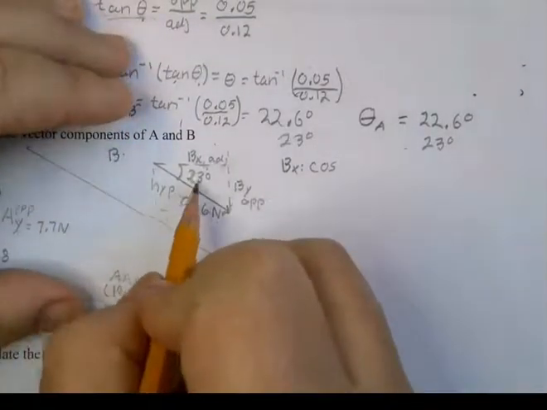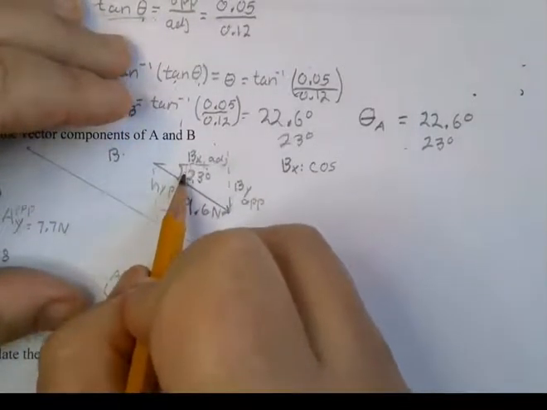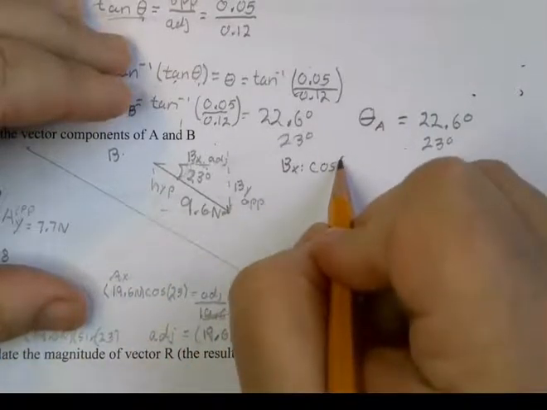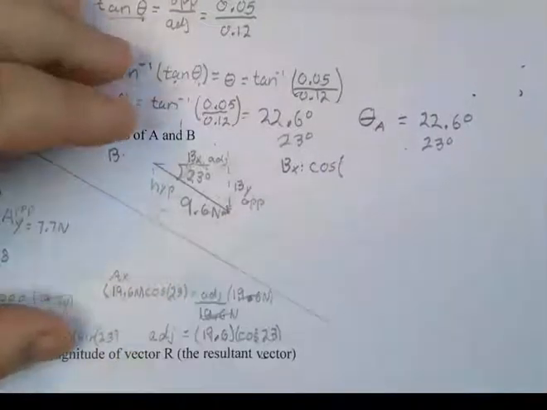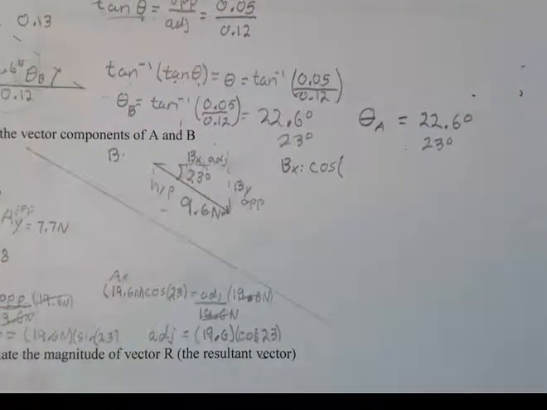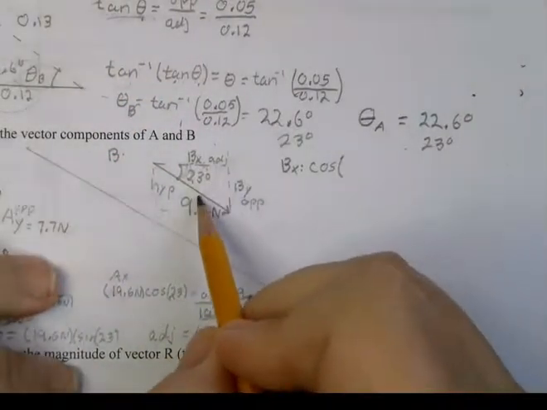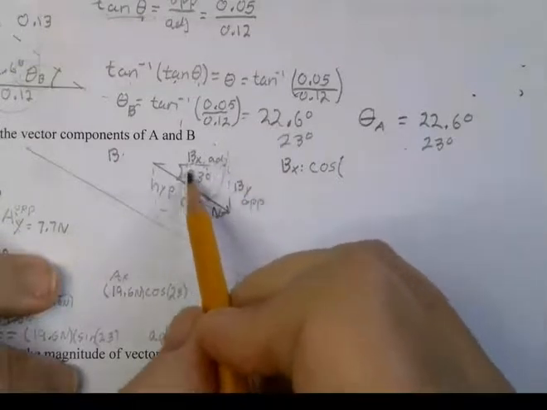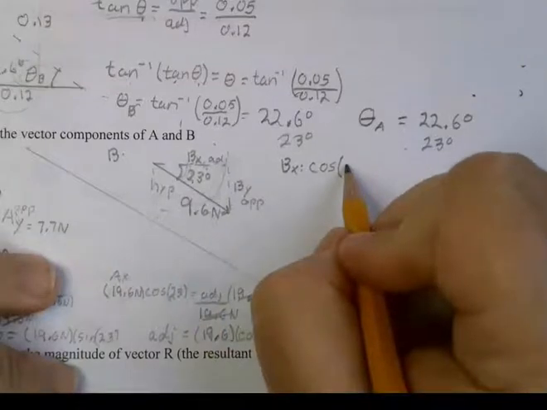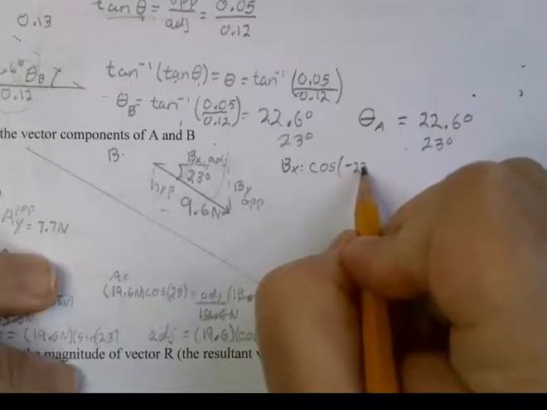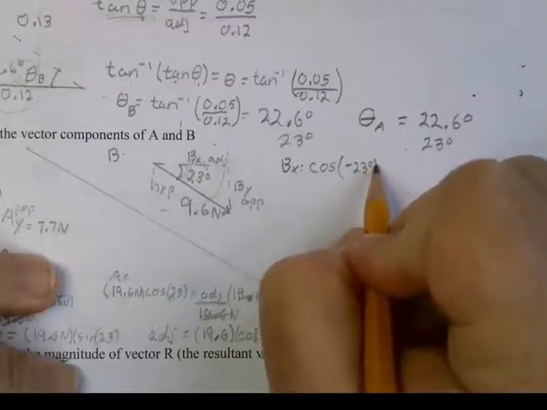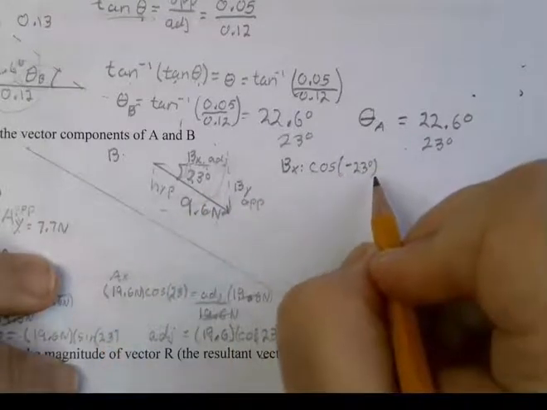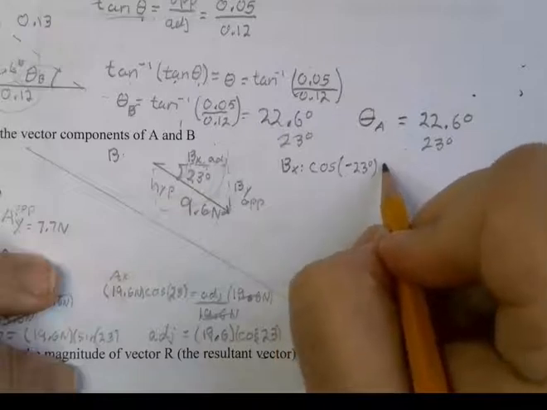and technically, because this is going down like this, it's negative 23 degrees. That makes it a little trickier. They didn't show you that in the video. They just kind of put on a negative sign out of nowhere. But whenever you go backwards like this, in this direction, it's negative. You're going in the negative direction for your angle. Okay, so we're going to call that negative 23 degrees, and that was a flaw in the video. Okay, so cosine of 23 equals